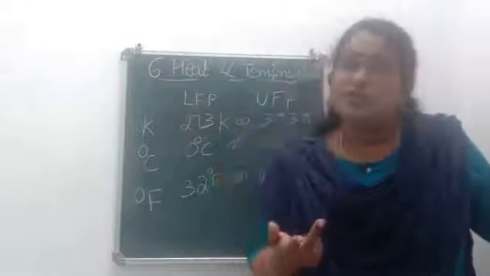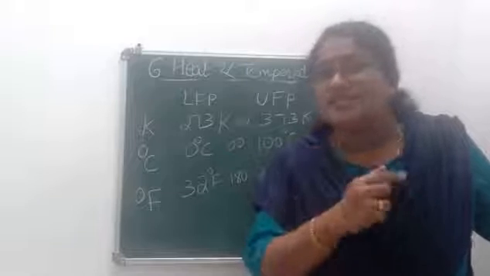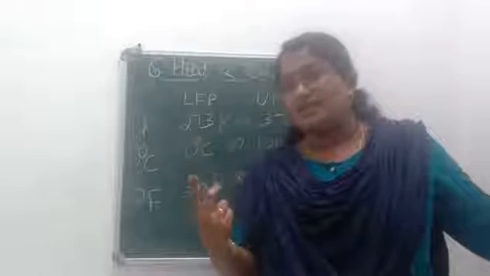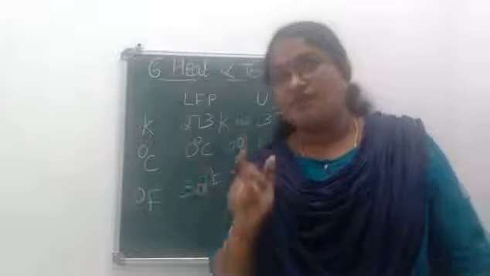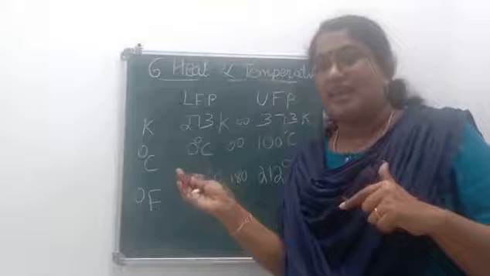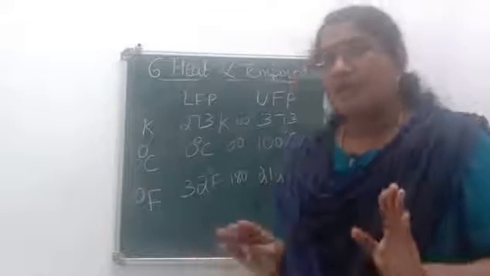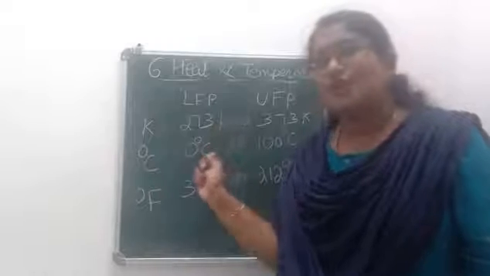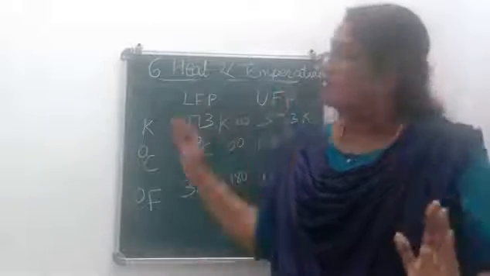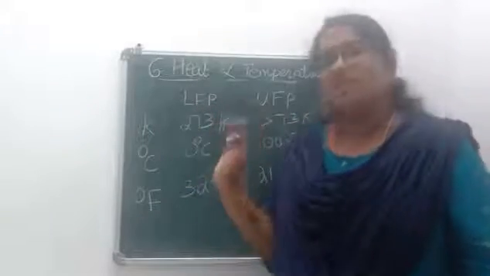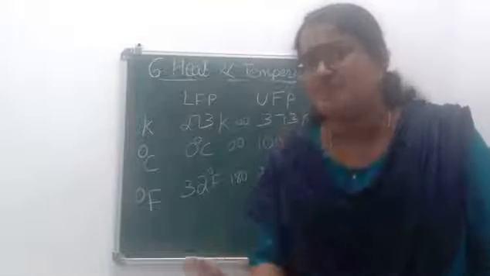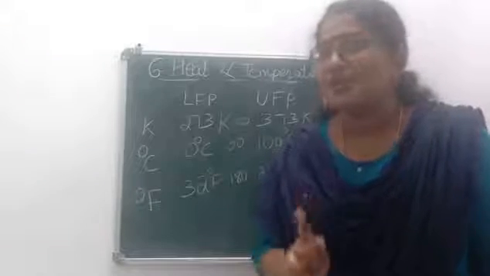So, what will be the new temperature? New temperature will be 10 degrees Celsius in the Celsius scale, isn't it? Now, if they ask you to calculate the temperature in the Kelvin scale, you should do the calculations. But if they are asking you to find how much change will be there in the temperature in the Kelvin scale, it will be same. The reason is there are 100 equal divisions between the lower fixed point and upper fixed point. So a change in the degree Celsius scale will be same as a change in the Kelvin scale. This doesn't mean that the temperature given in the Celsius scale and Kelvin scale are same. It is different. You have to use the equations to calculate the temperature.